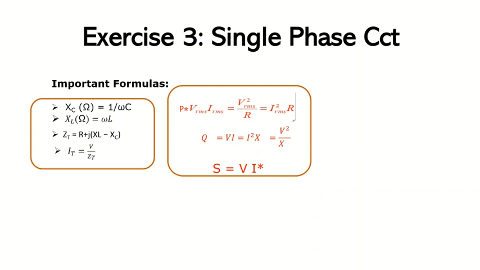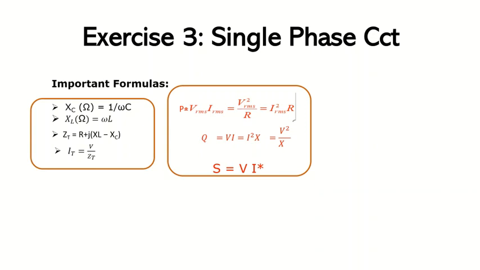So the first one is the XC. The XC must be in ohms, which is equivalent to 1 over omega C. The next important formula is XL. The way to find it is by multiplying omega and L. And then the impedance is R plus j(XL minus XC). And from here we can also get the IT, which is equivalent to V divided by